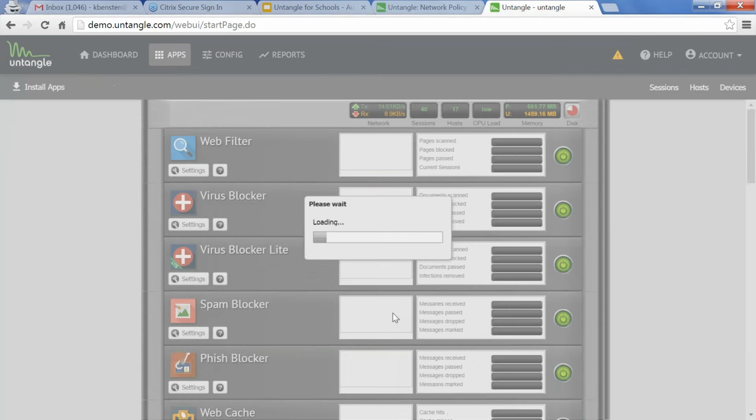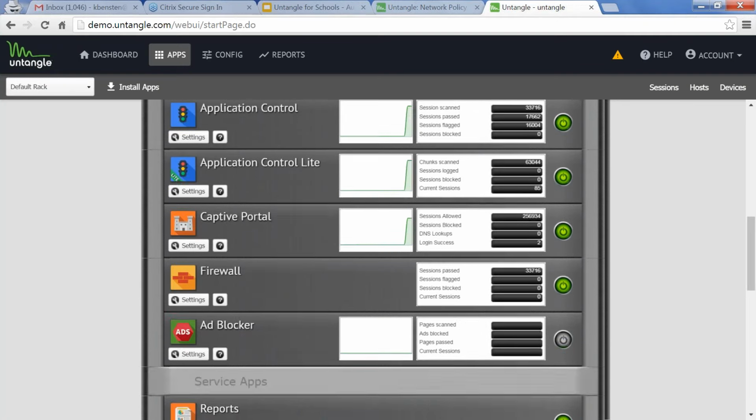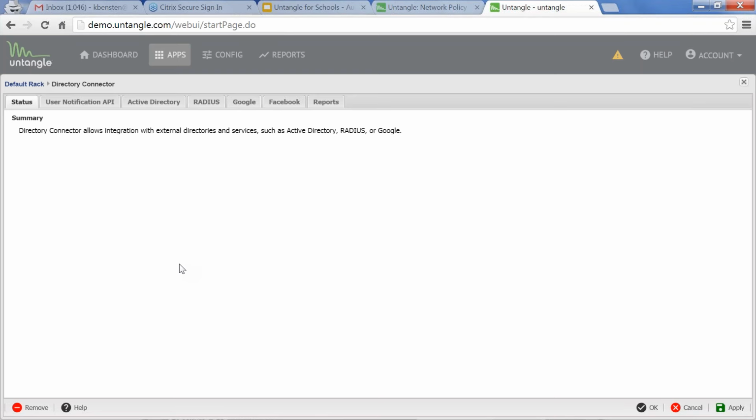So let's get back to the main rack here. Policy Manager, again, is a key feature. Untangle does integrate with Active Directory, so we have a directory connector function built in. What this allows you to do is look at your reports and see names of students or staff members versus IP addresses. This really does allow you to look better as an IT administrator when you pull a report and you say, this teacher is causing issues on the network, or they are beyond their scope of access, and here's why.